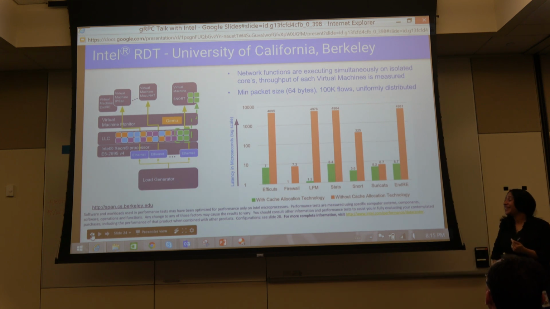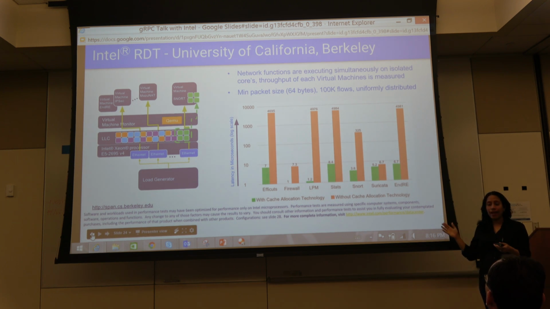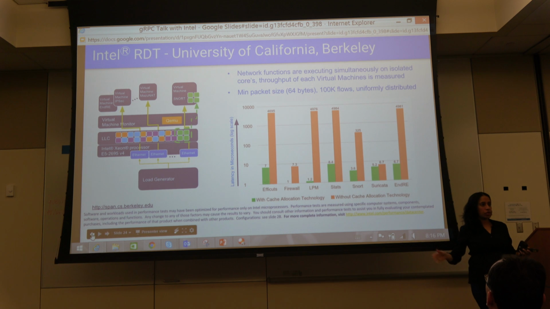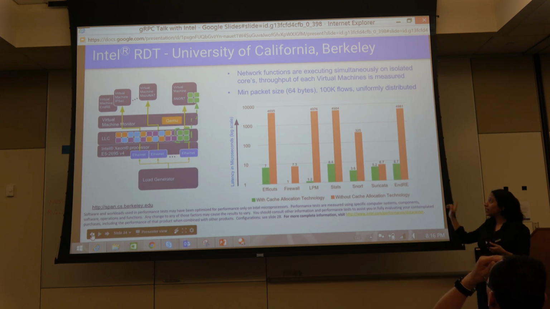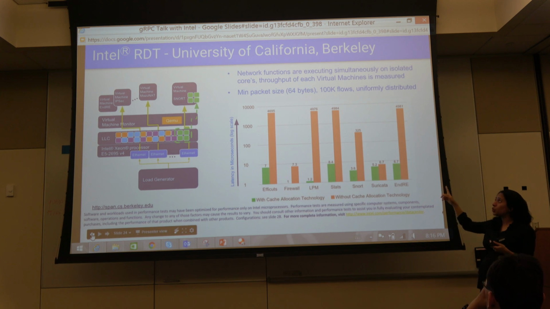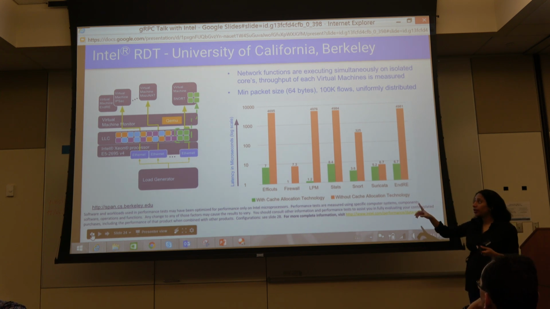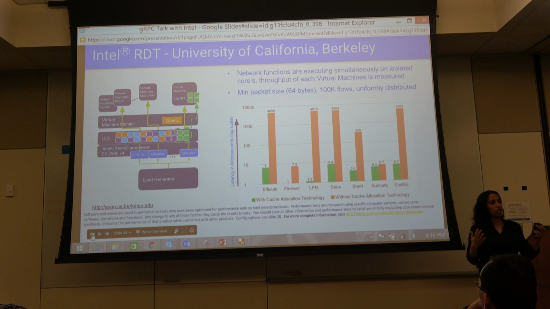Sorry for that. So I'll get back to latencies. We moved on to find out how latencies would behave when we have noisy neighbors. When we ran all these network functions again, creating noise for each other, we saw that our latencies were quite huge. The moment we used CMT and CAT together,